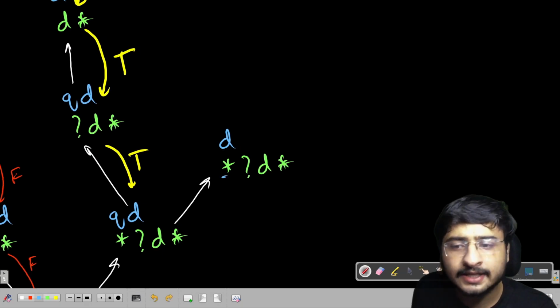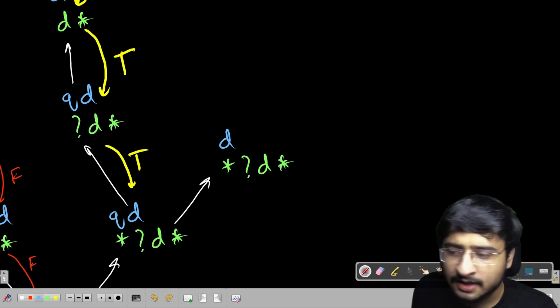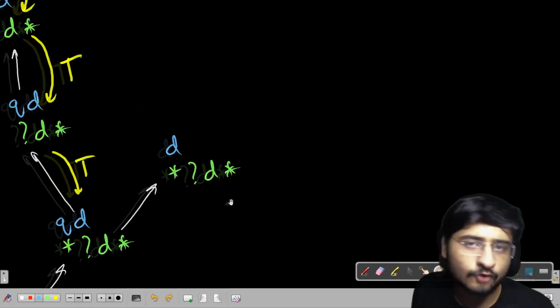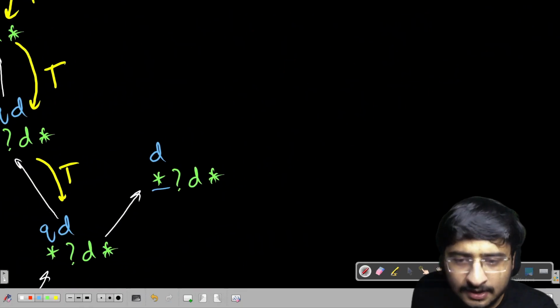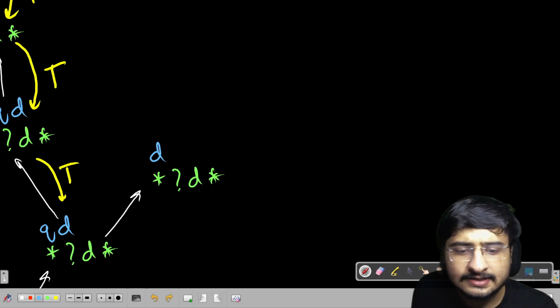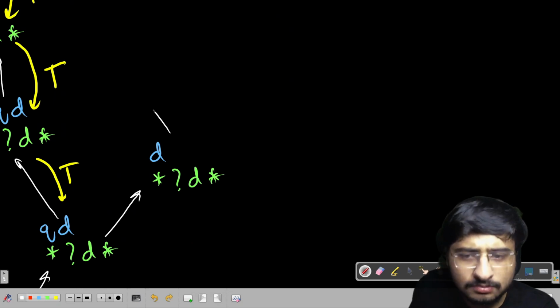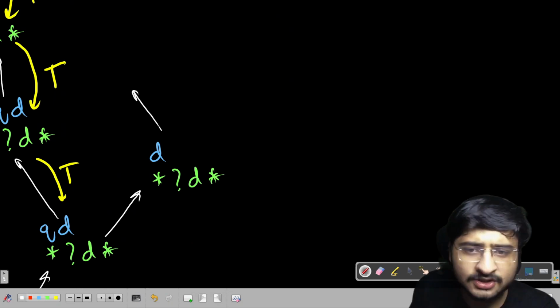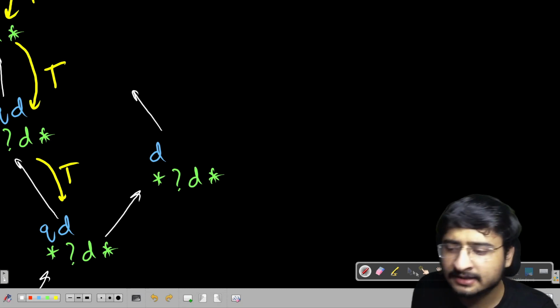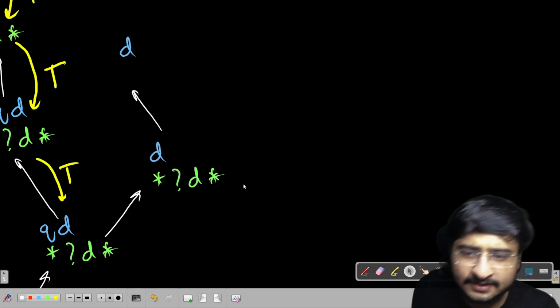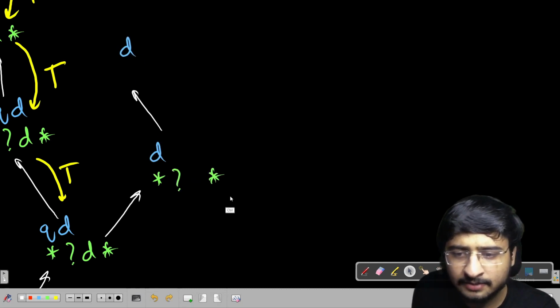Look at this stage only, whatever stage I'm drawing on. We're not concerned with the whole tree right now. I'll of course zoom out a little bit later. But star and D. Star always tries to act as an empty string initially. So star will say, let's say I'll act as an empty string. So the remaining string will remain as it is. Question mark star D will be